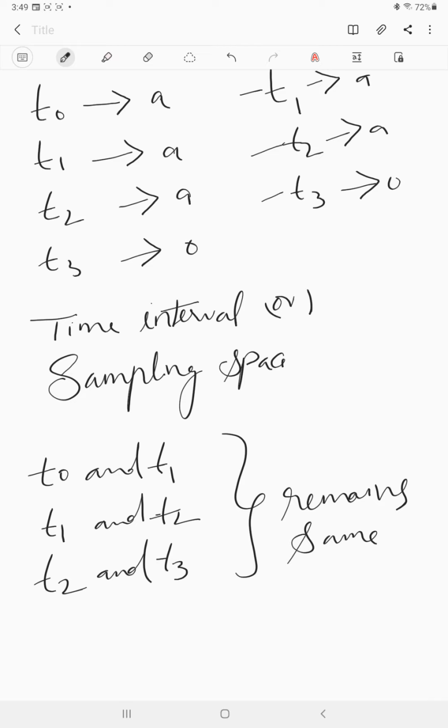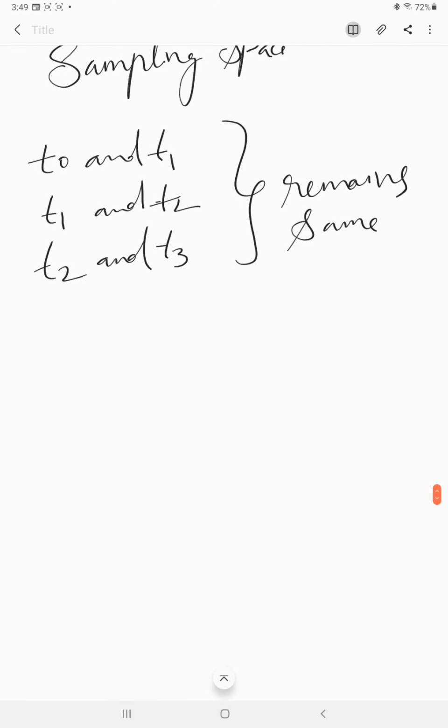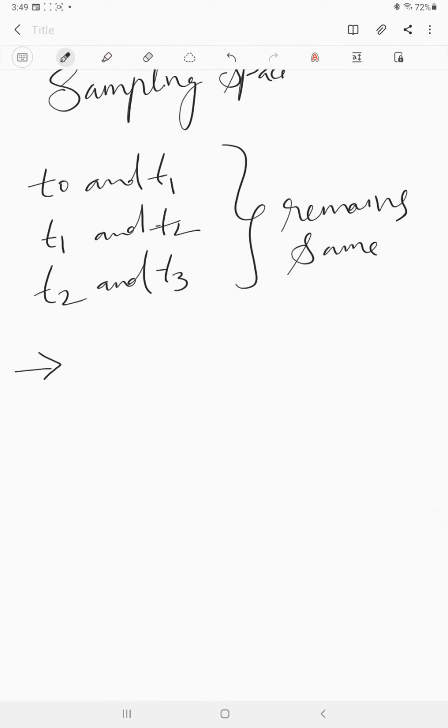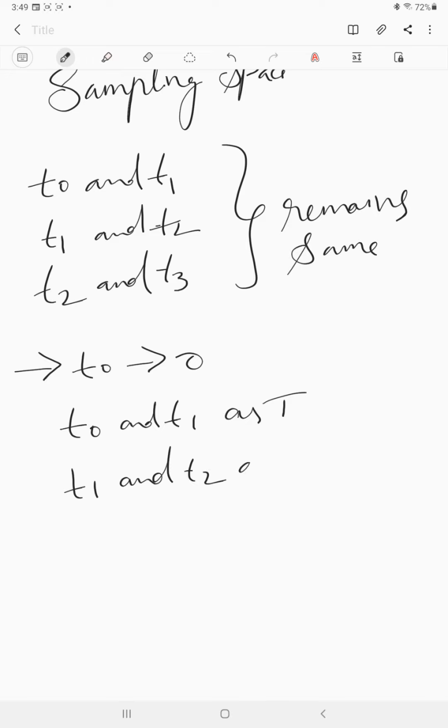So we take T0 as 0. The distance between T0 and T1 is T, whereas T1 and T2 is 2T, as well as T2 and T3 is 3T. From this point,